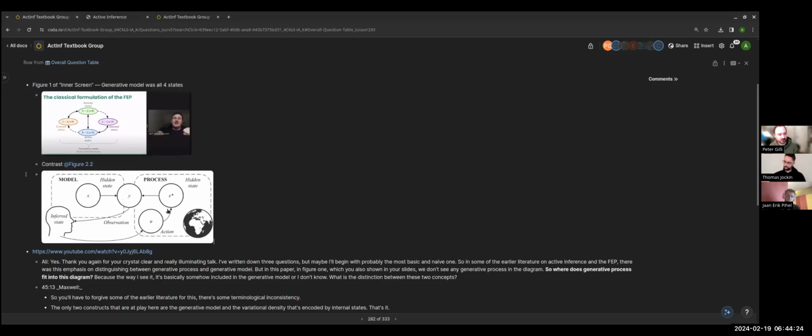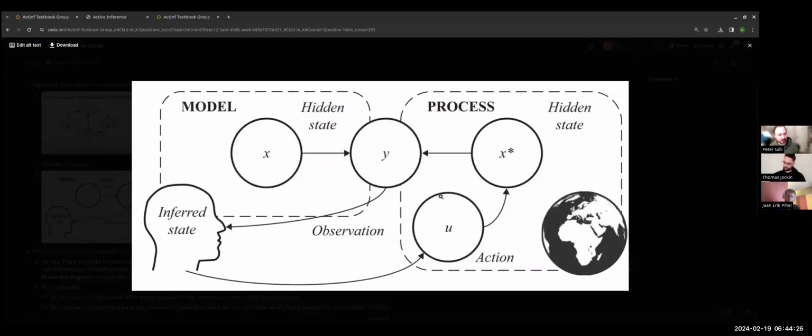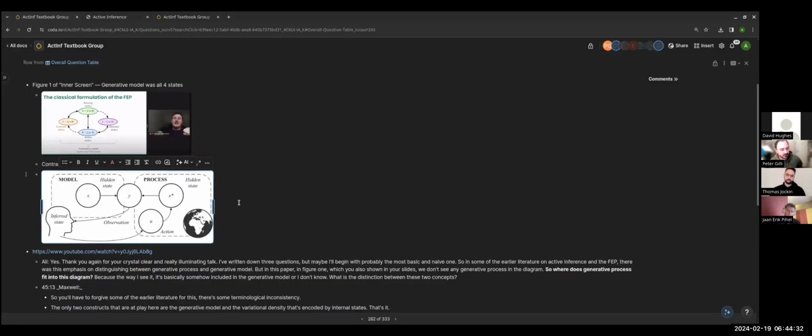However, it's also not the distinction between generative model and process that the textbook insists on, which is accurate. It's not like it's going to mislead. It's just that you'll also see people talking about generative model in a little bit of a broader way. David, then Thomas. Yeah, so just in terms of concept, so I'm a little behind on some of the terminology,